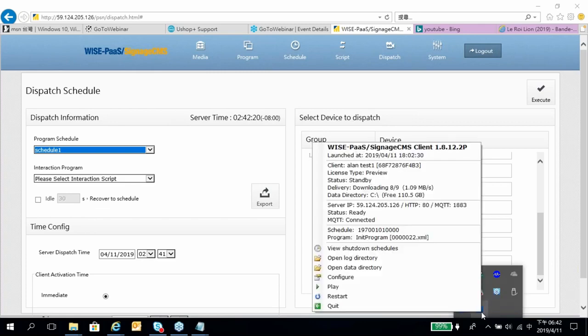When you dispatch it, you will see the progress processing here. Delivery. So now it's downloading. It depends on your network bandwidth. Okay, now it's finished. It shows the scrolling bar